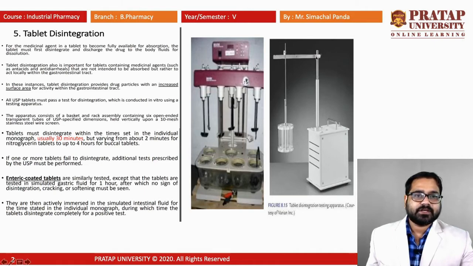In the disintegration test apparatus, a motor is attached to a to-and-fro moving equipment in which a basket is present, with six different tubes. The bottom is closed by a 10 mesh sieve, and inside that we place the tablet that will undergo the disintegration test. It is attached with a beaker, and inside the beaker the temperature is maintained at 37 plus or minus 2 degrees centigrade, while the basket moves up and down.